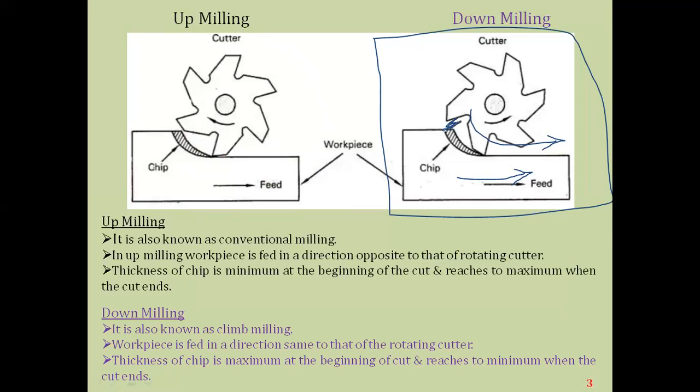at this particular point, the cutting tool is removing the maximum amount of metal at the beginning itself. And as it is moving away from the workpiece, the metal amount is decreasing, which means here the maximum amount of the metal is removed from the beginning and it reduces to minimum when the cutting tool moves out from the workpiece. So therefore, in this case, if you observe the cutting force, how it is now applied, it is applied in the downward direction.